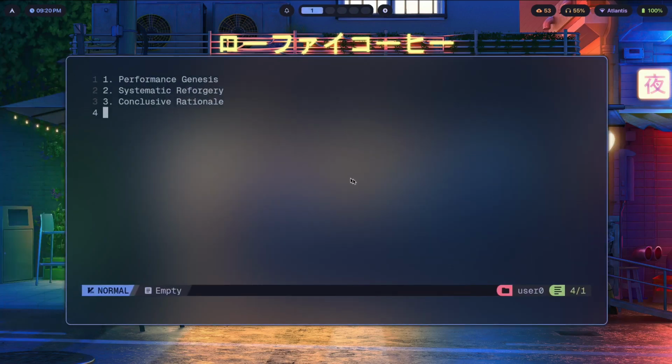Right, so here it is. First up, we have performance genesis. Second, we have systematic reforgery. And third, we have conclusive rationale. Now, in order to further expand on this and make sure that you understand this framework properly, I have created